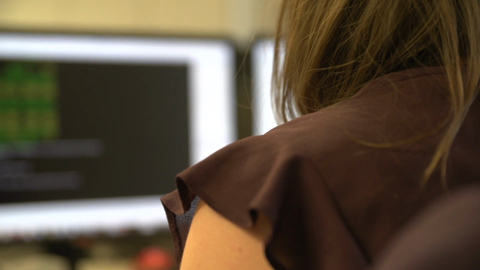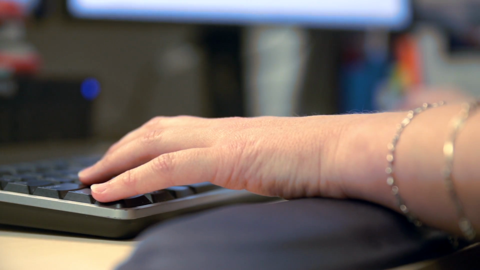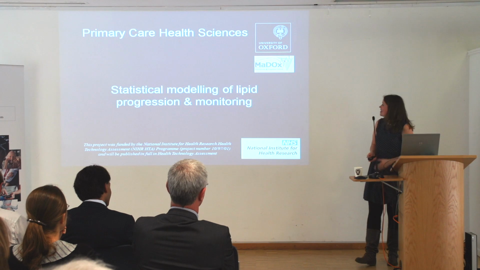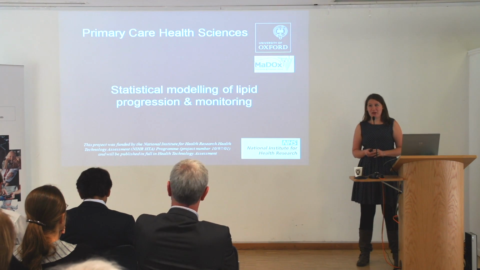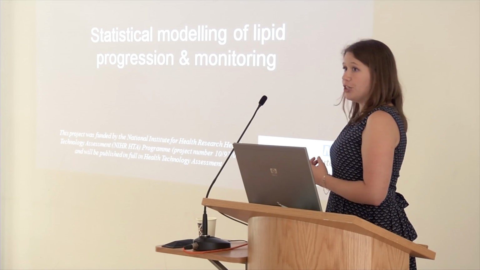And we found that on average in the whole population, the lipid levels were pretty constant over time, but there was a wide variation around this constant rate of change. So patients had a rate of change that varied from a decrease in lipid levels all the way through to an increase in lipid levels. The average rate of change over time was very small. Even after 5 years, the signal that you're getting was only just overcoming the noise. So if you monitor too frequently, you're more likely to pick up this random variation than you are a true